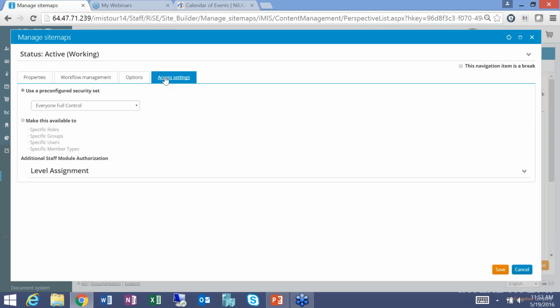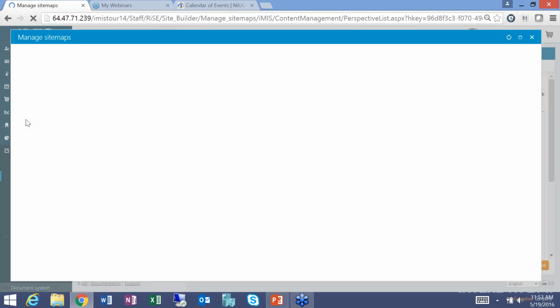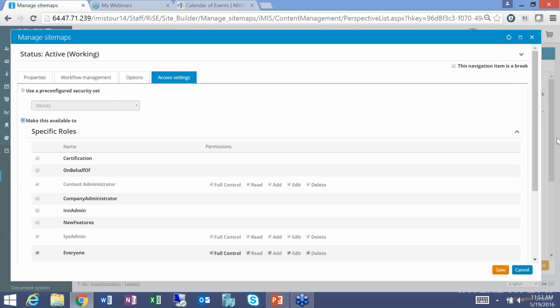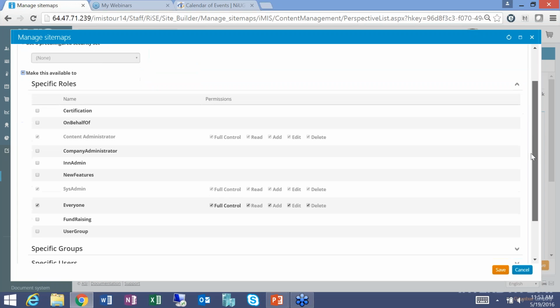The thing that you can do is you can lock down this particular navigation item, or it can be done at the content level. Either way will work. You'll notice right now it says everyone has full control. You may decide, gosh, well, we only want people with a certain role, and you do have the ability to create brand new roles. So maybe we create a role called communication, right? We're not going to actually go through security today in depth,